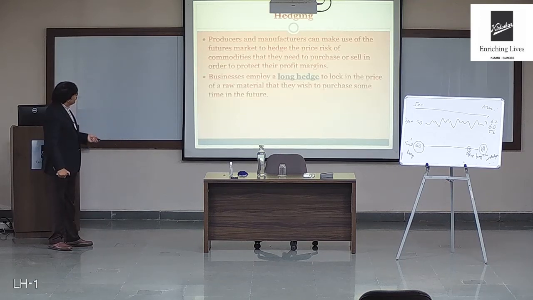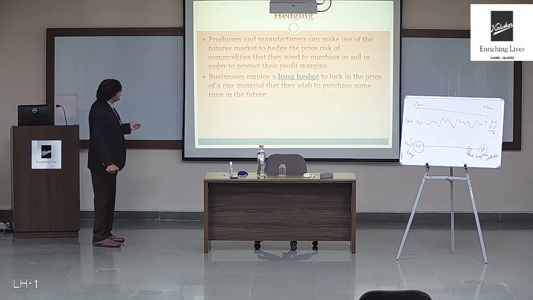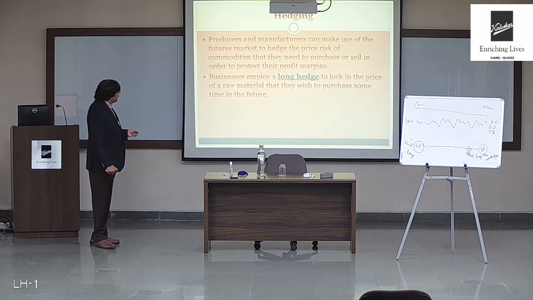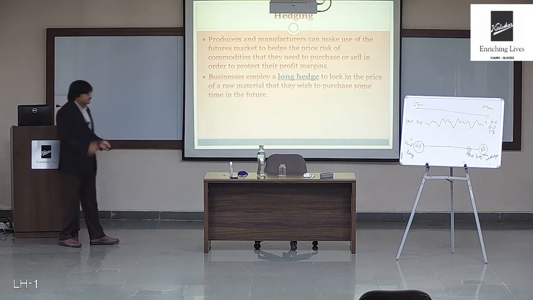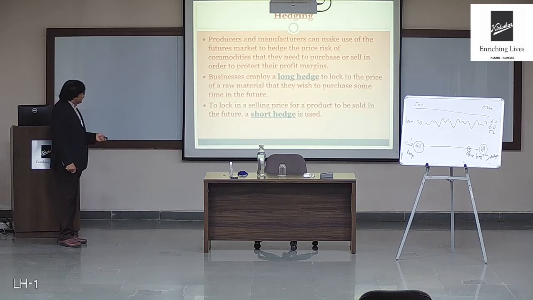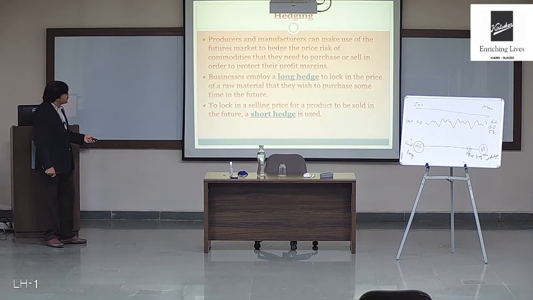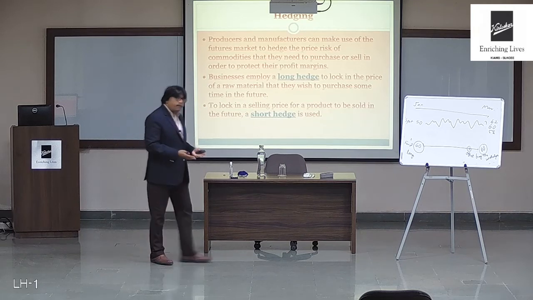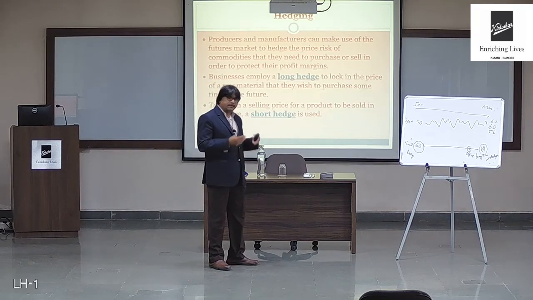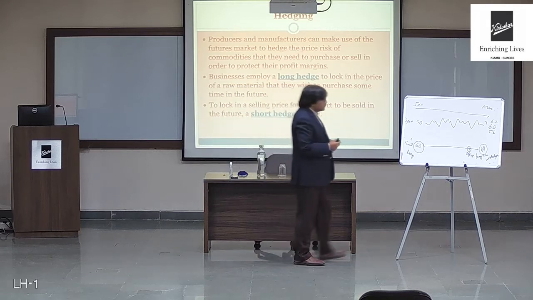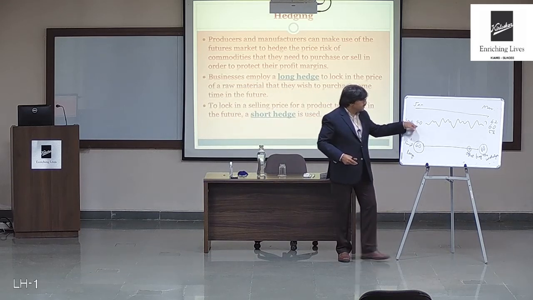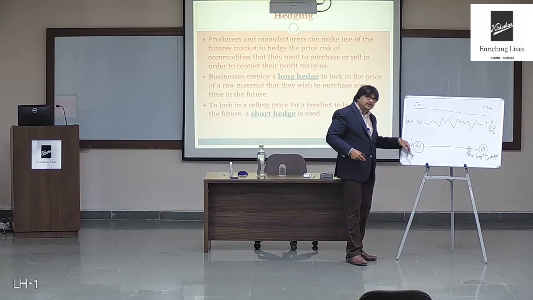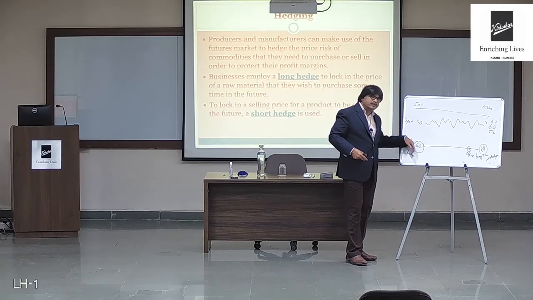Now, as we have seen, businesses and firms employ a long hedge to lock in the price of the raw material they wish to purchase sometime in future. The opposite position applies when the selling price of a product to be sold in future is at stake; a short hedge is used. For example, a farmer has sown some crop and believes that the price of that particular crop is going to go down in future. Say, similar example, but instead of 50, it is going to be 40 in future. Then the farmer will sign a contract today itself at a given price, so as to fix that price, whatever happens to the